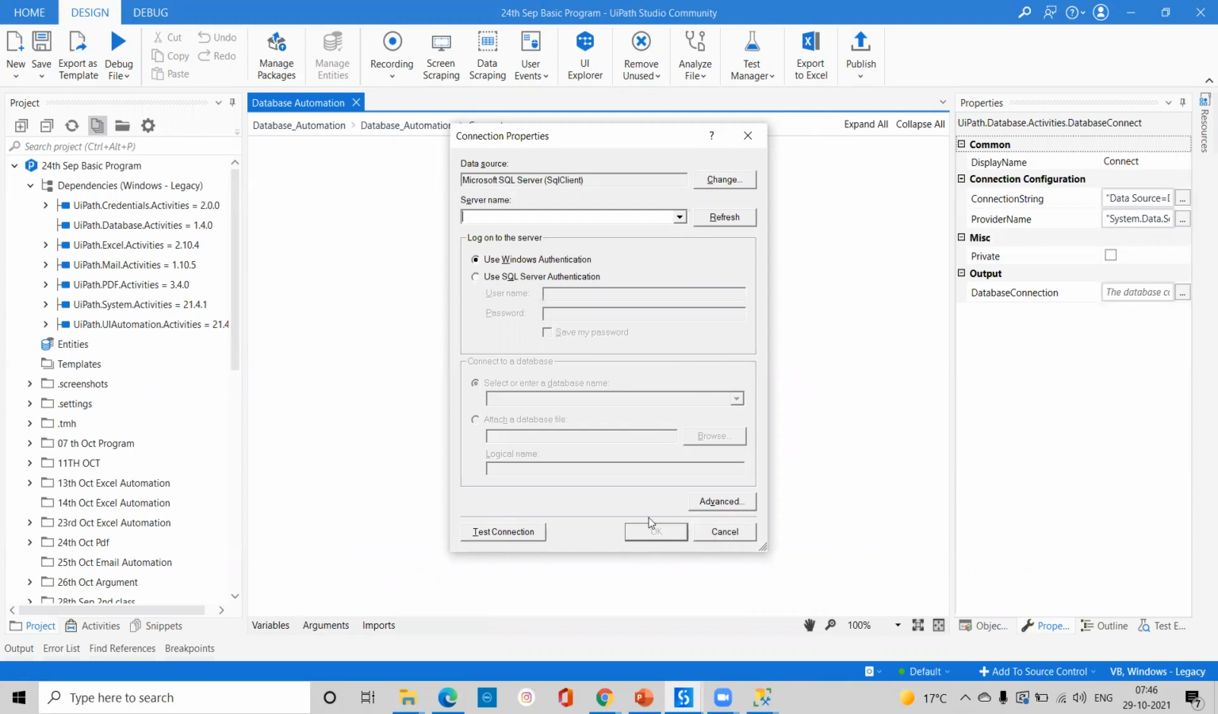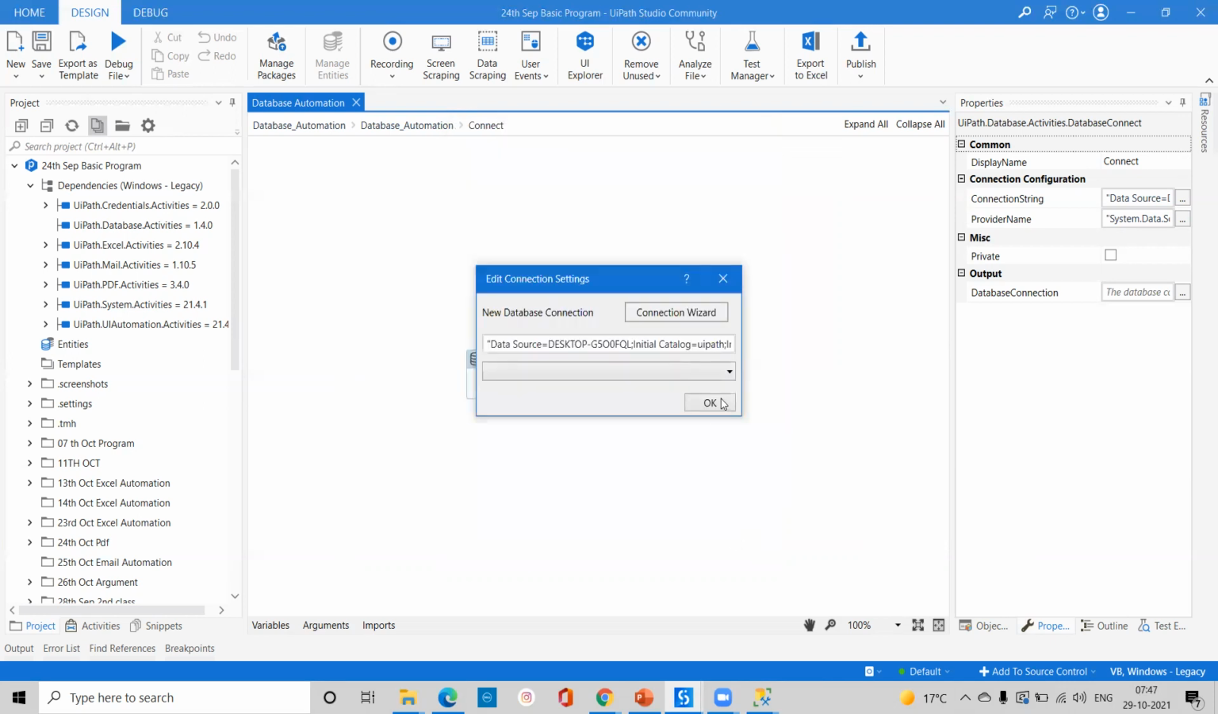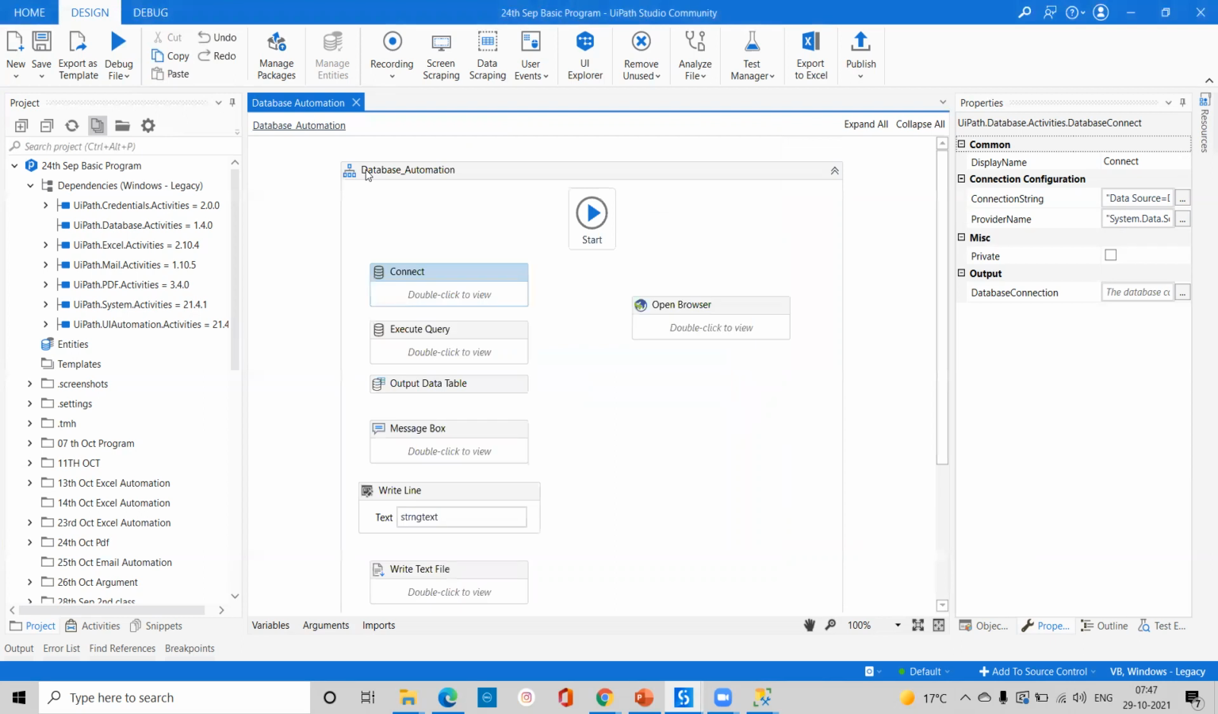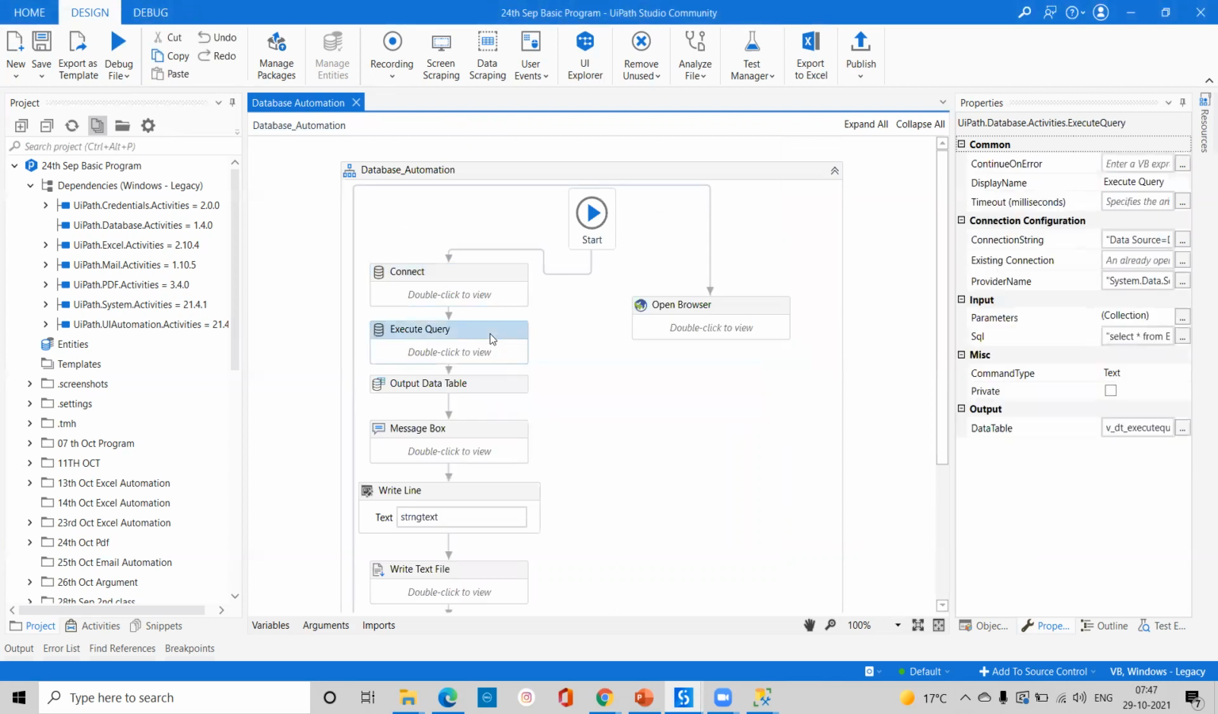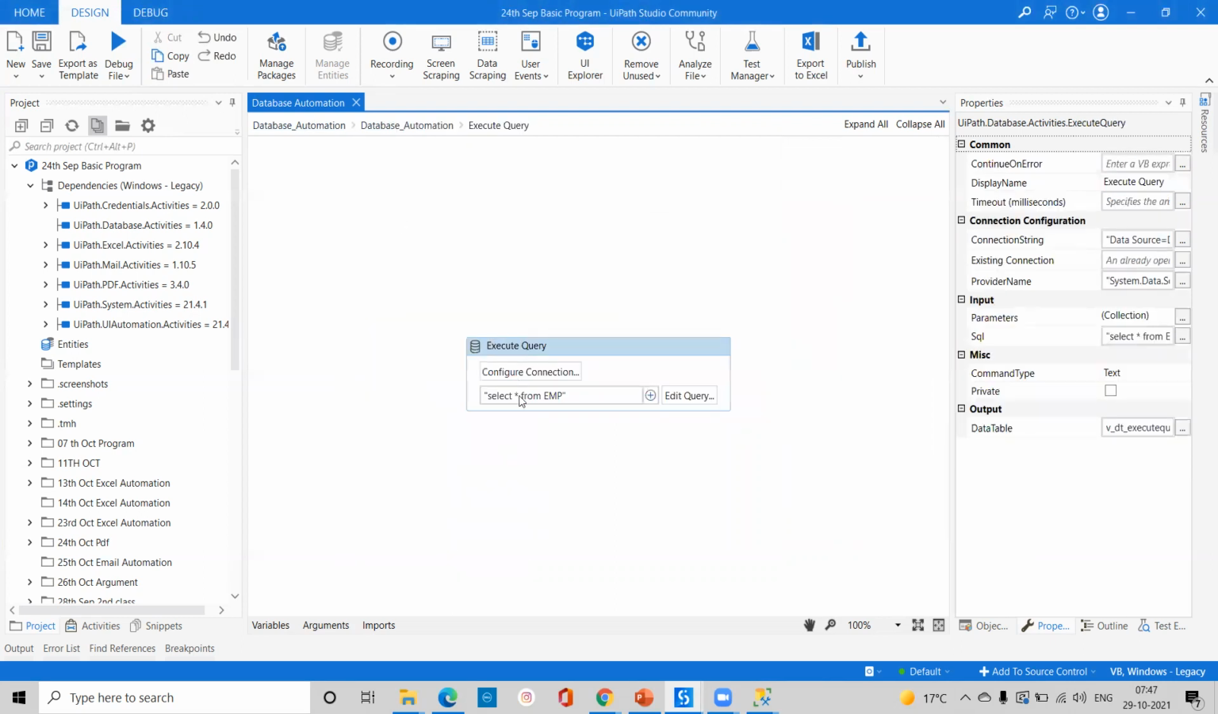If you're getting fail, you have to check again whatever mistake you've made. So you have to provide the proper data, then it will definitely work. Okay, so right now we'll click on OK button, and the same thing will repeat for your execute query. So we'll pass the same thing here in your configure connection, and after that in execute query, whatever the query